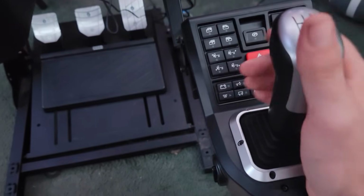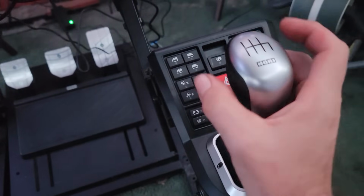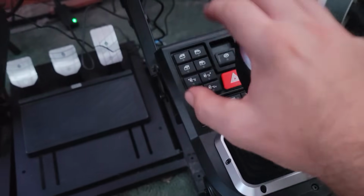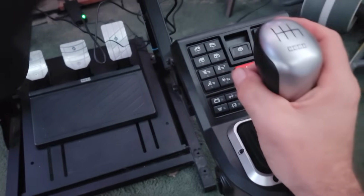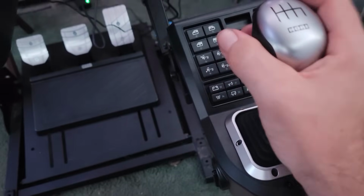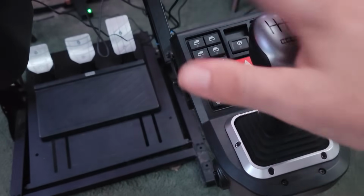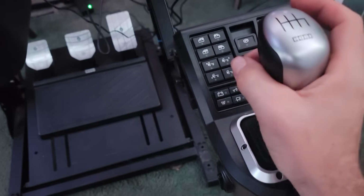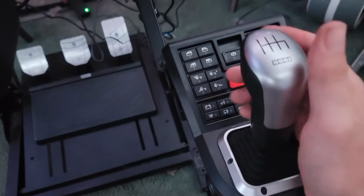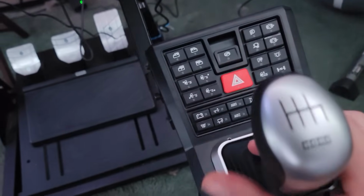Also, one thing I'm not a big fan of is the size of this. I wish this was taller and wider because I got big hands. And I drove an old Ford cab over with a similar style shifter, and it was like twice the size of this. So I'm thinking it just needs to be taller and just bigger. But otherwise, it's nice. Moving on to the button box,